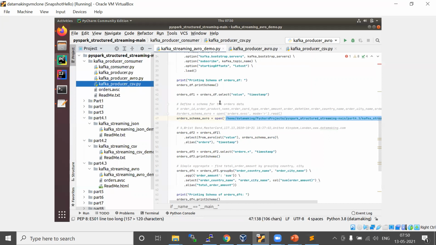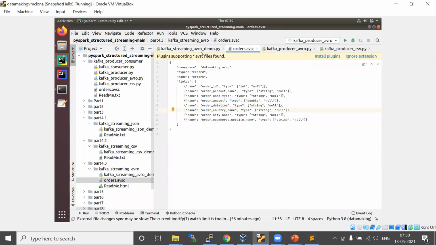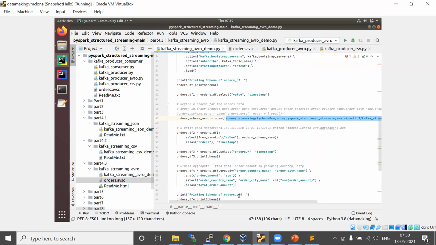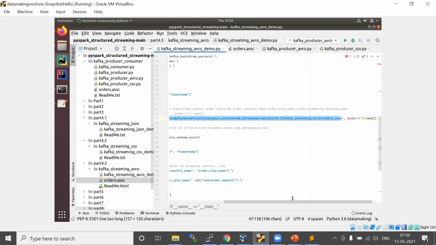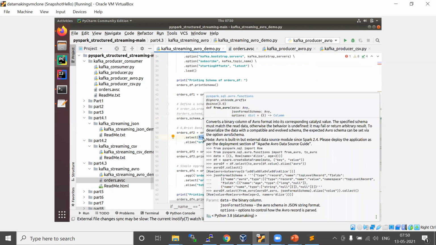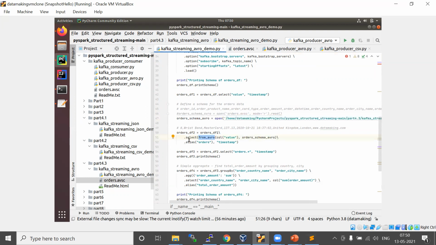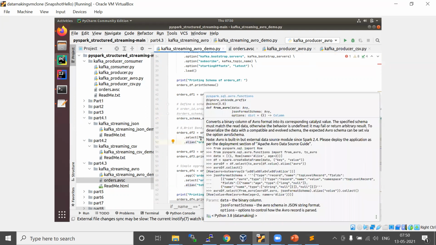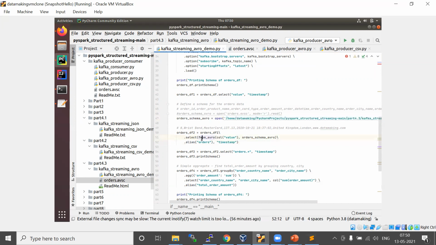This format is the Avro schema format. So that's what we are reading here with the right mode. The function we use is from Avro. For CSV we use from CSV, for JSON we use from JSON, for this we use from Avro. You pass the column, which is a string column of your value column, and the Avro schema. Then it will actually parse your message